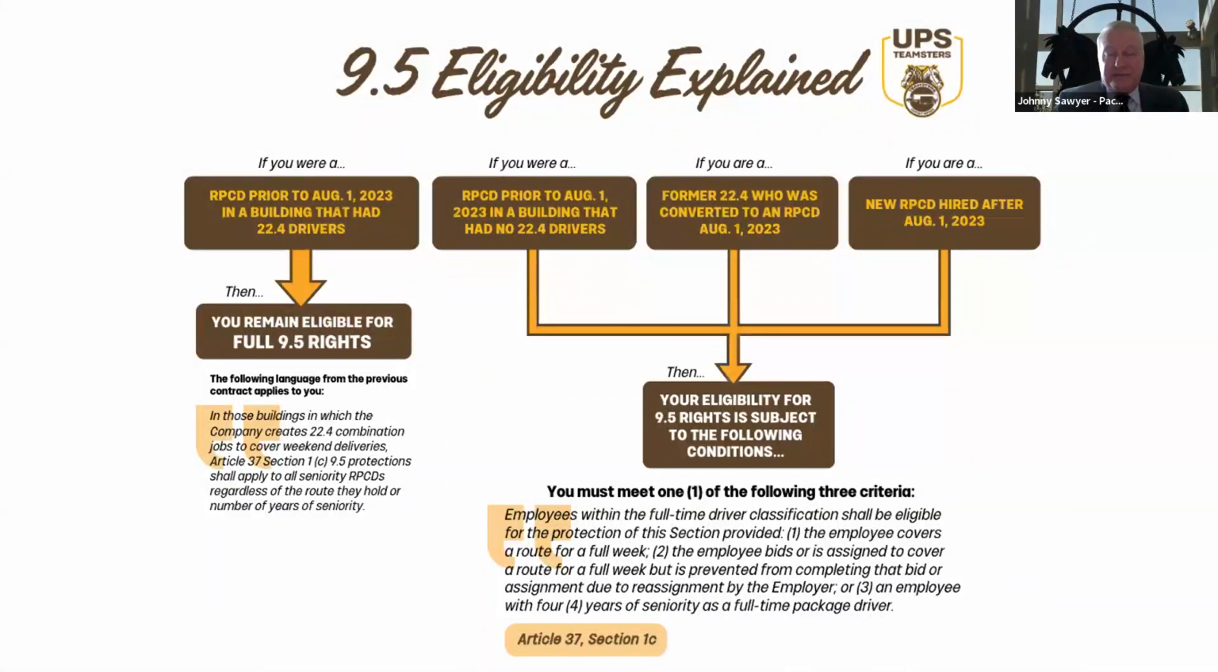There are some other folks who will have 9.5 rights according to Article 37. Now, this language has been in the contract some time. The only reason it didn't come into play at the last contract was because of the 22.4s. So this is old language that's been around for a while. There are 3 conditions you have to meet if you don't have 4 years of seniority. You see RPCD prior to August 1st in a building that had no 22.4 drivers. Those people would not be grandfathered, and they would be subject to the language you see below, Article 37,